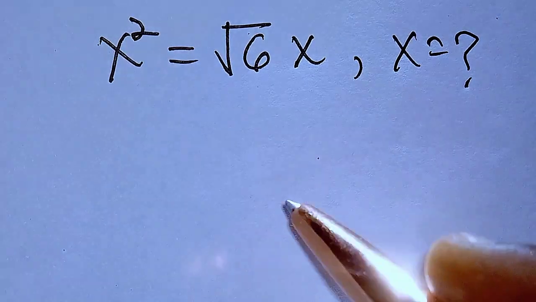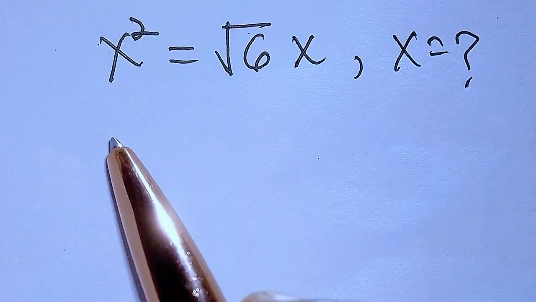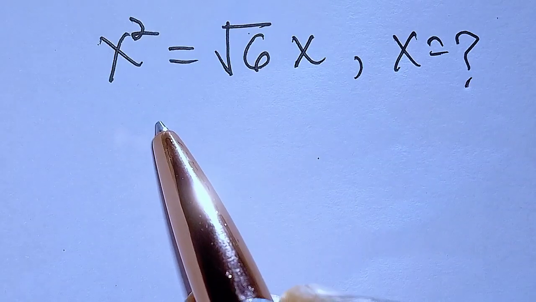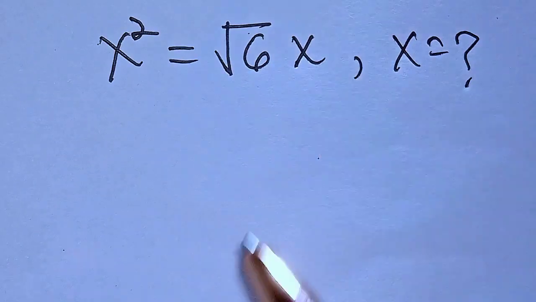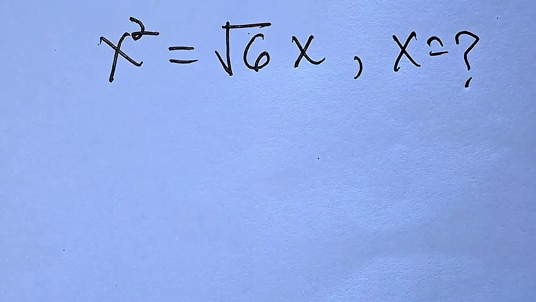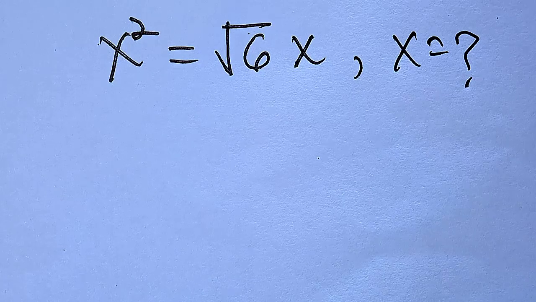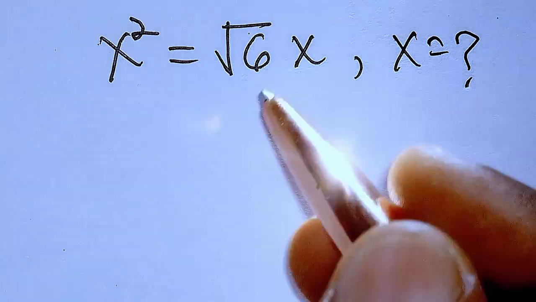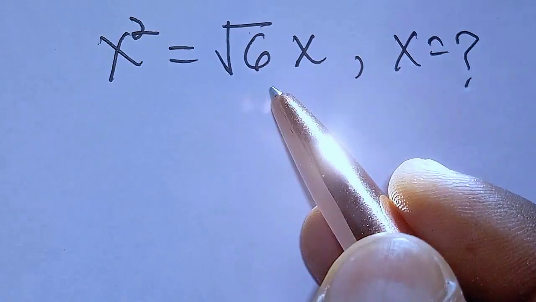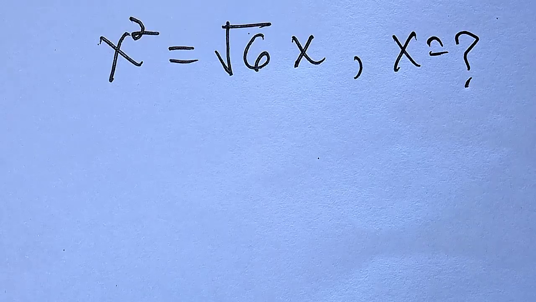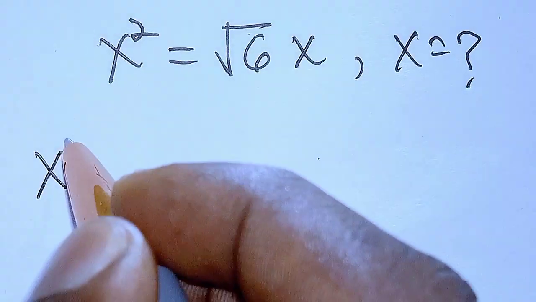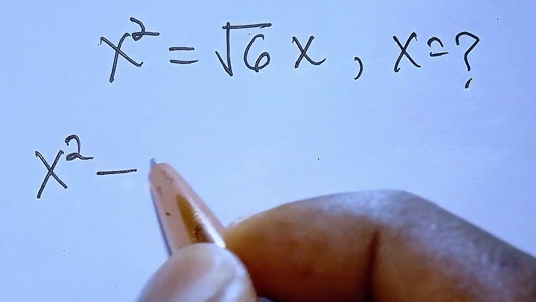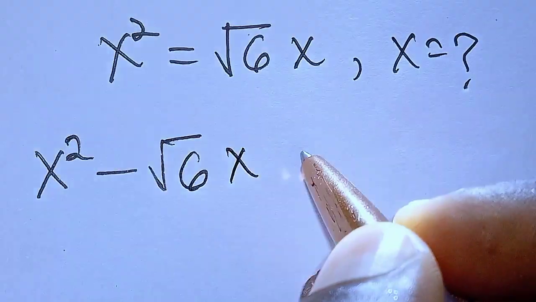So now what we are going to do here is, don't make the mistake of cancelling both sides by x. Since x is a common factor, what you are going to do is take this one at the right hand side to the left hand side. You have x squared minus root 6x,